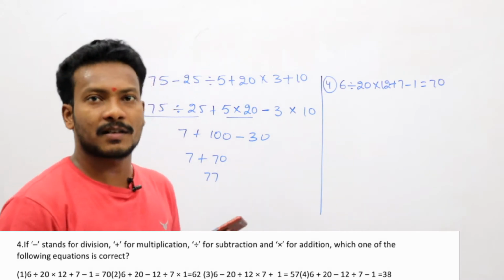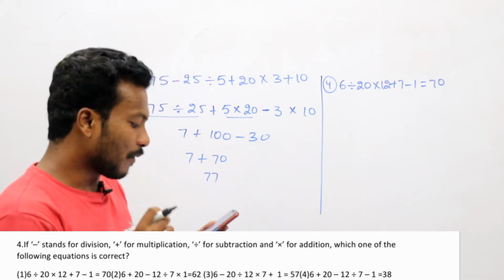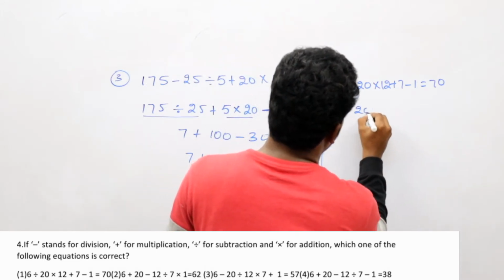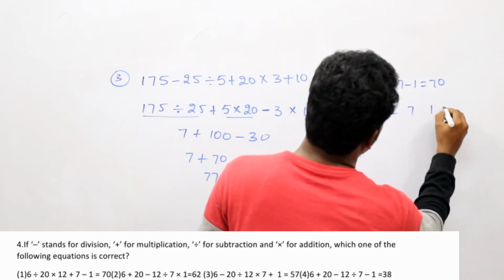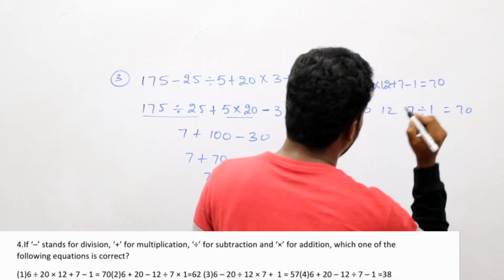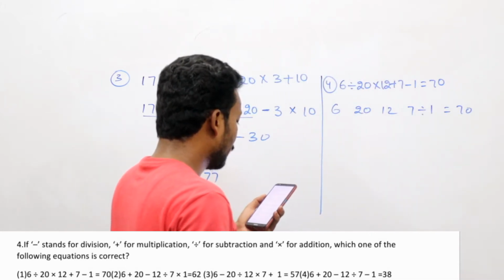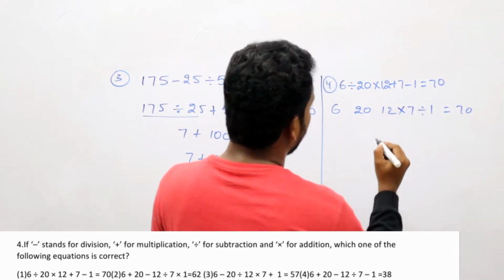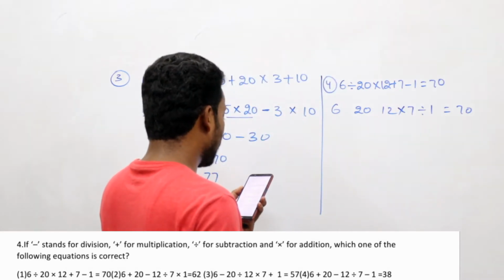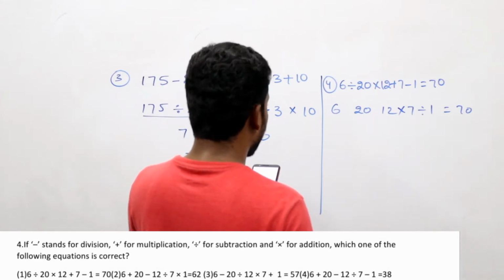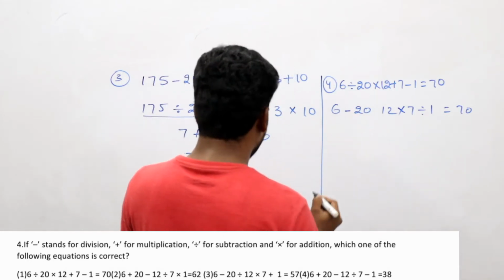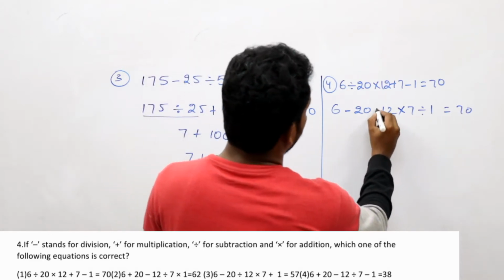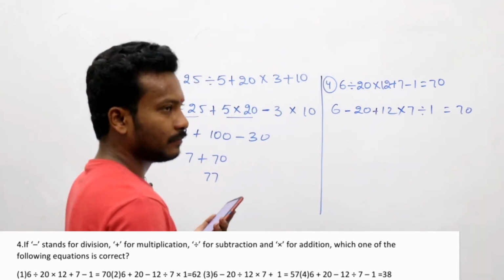This is not a simplification, and substitution is also there. What we have to substitute? Minus stands for division. First I am writing the values here. Plus for multiplication. Here it is plus, we are taking it as multiplication, and division for subtraction. Here is a division, that's why we are taking it as subtraction, and into for addition. Here is into, we are taking it as addition.